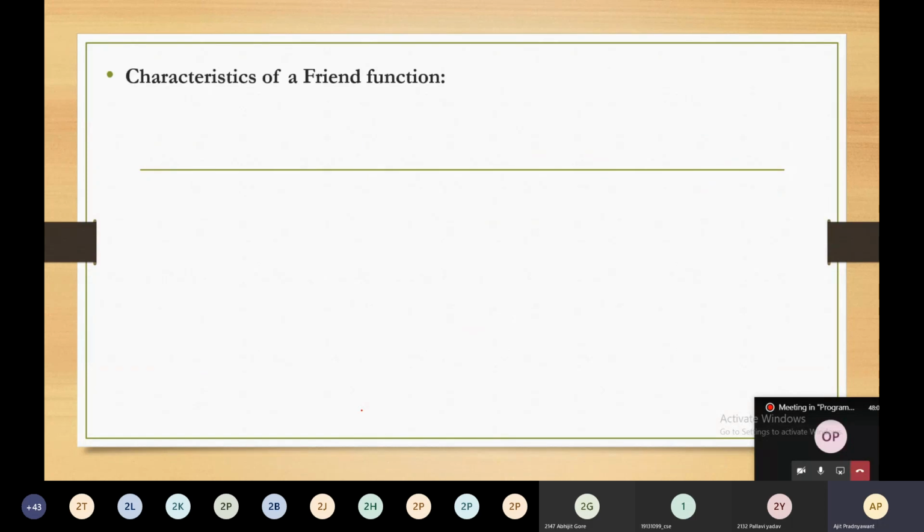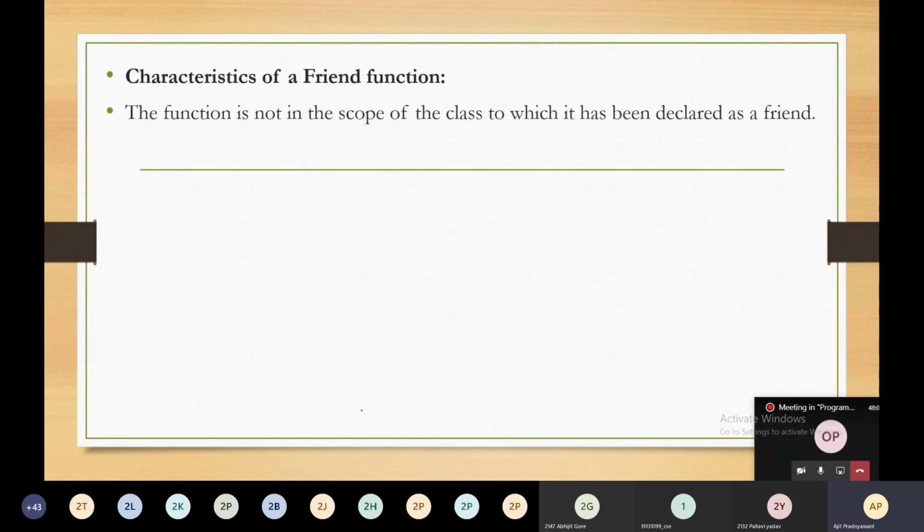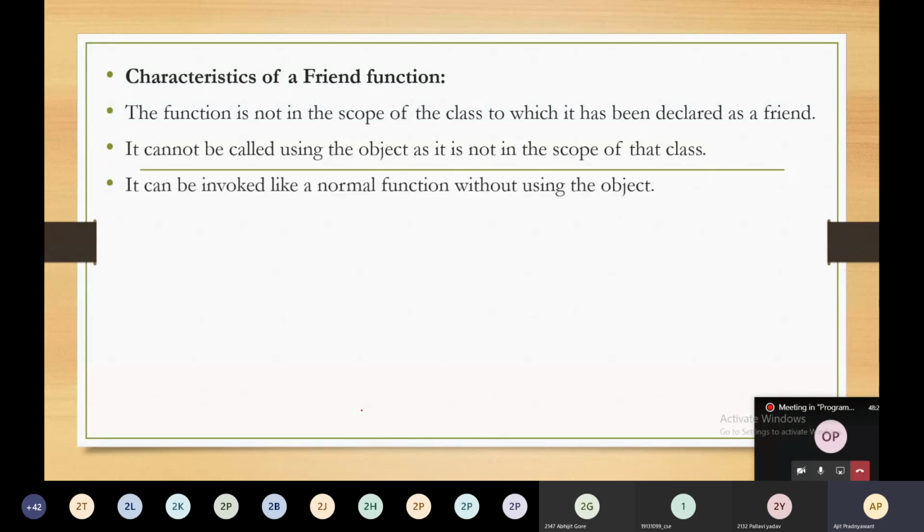So what are the characteristics of the friend function? The function is not in the scope of the class to which it has been declared as friend. Next, it cannot be called using the object as it is not in the scope of that class. So this function you can't call using the object of the class.